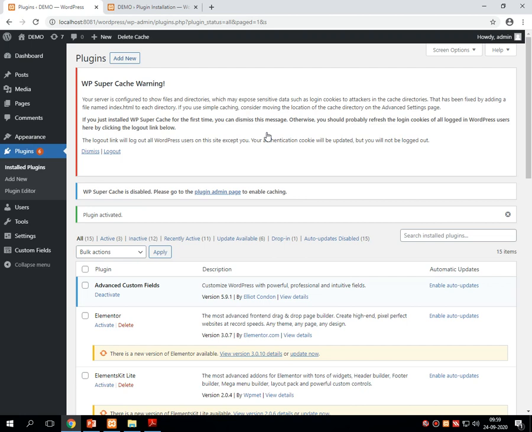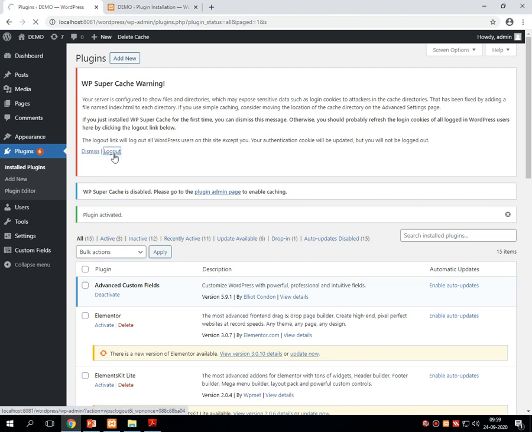If you use simple caching, consider moving the location of the cache directory on the advanced settings page. If you just installed WP Super Cache for the first time, you can dismiss this message. Otherwise, you should probably refresh the login cookies of all your logged in WordPress users by clicking the logout link below. So we'll click on the logout button.